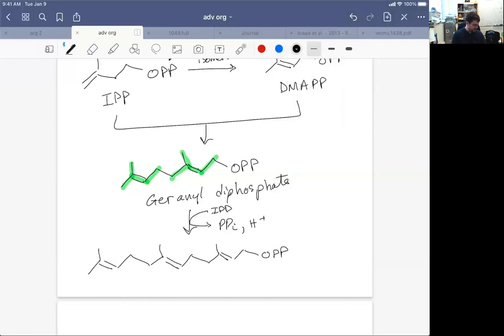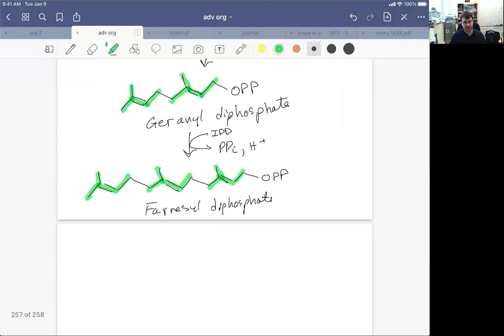And so this is a farnesyl diphosphate. And again, if we want to highlight the isoprene units, okay, so these chains get longer and longer, and this one's called a sesquiterpene. Anyway, so this is how we build up a chain of polyisoprene units, which is fundamental to